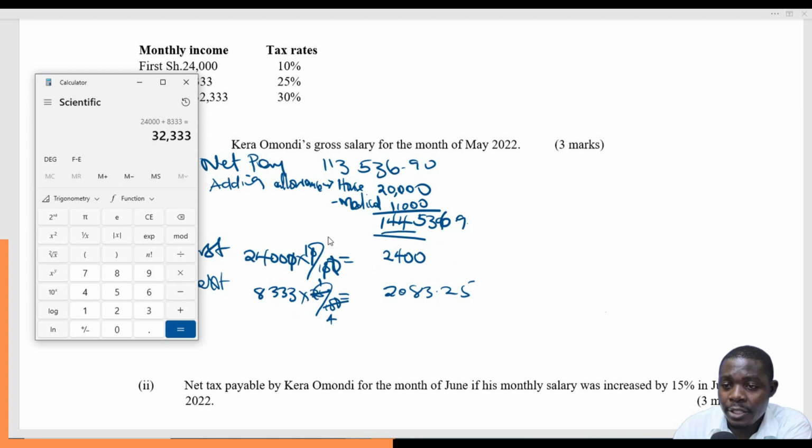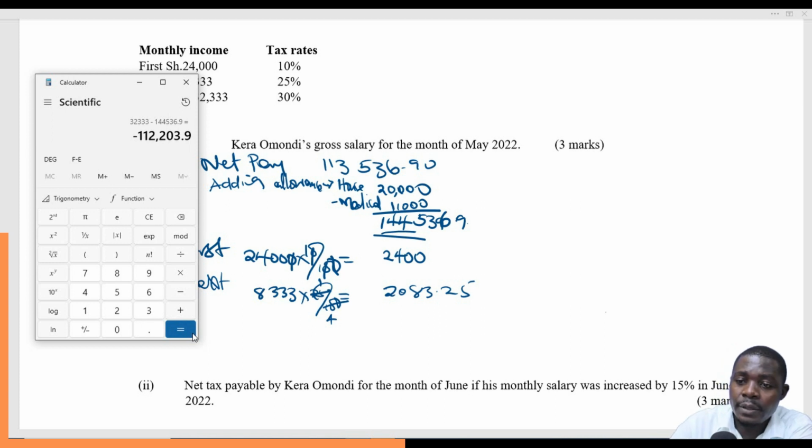Now we can take this from 144,536.9. Now we can have this minus 144,